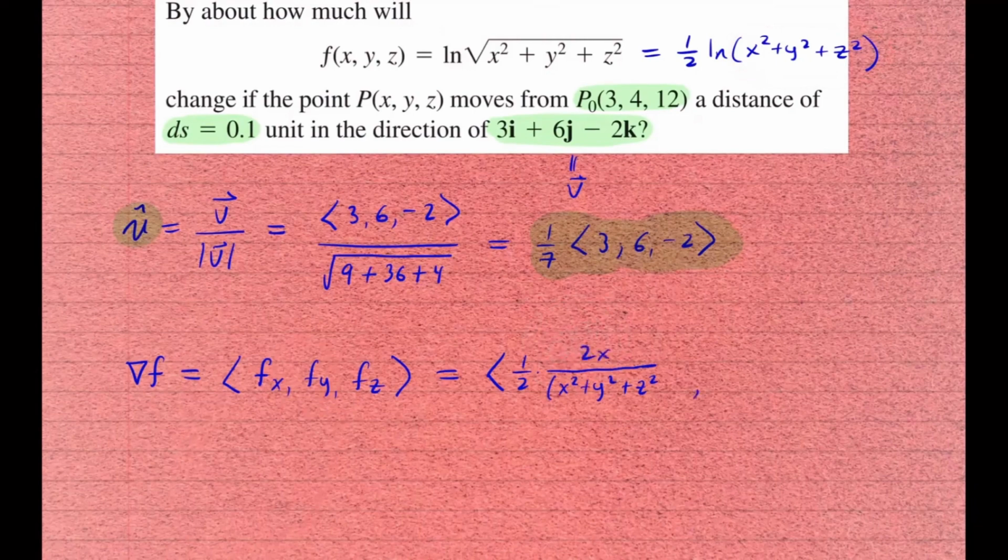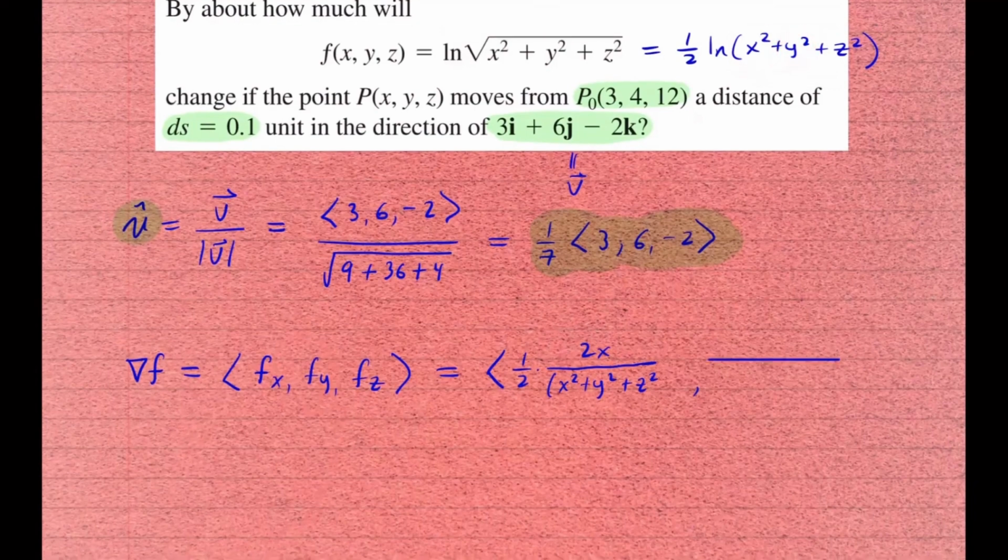And then for the second term, partial of f with respect to y, it's going to be very similar, except that you're going to multiply by the derivative of this guy, 2y, and we can simplify it. So partial of f with respect to y is going to be y over x squared plus y squared plus z squared. And similarly, partial of f with respect to z would be z over x squared plus y squared plus z squared. So this is our gradient